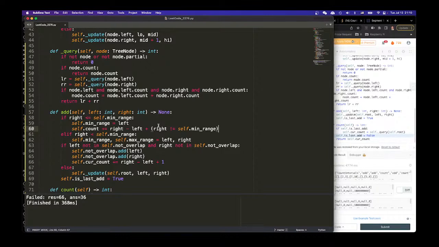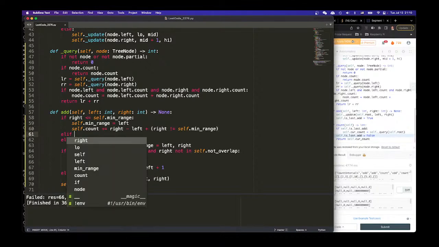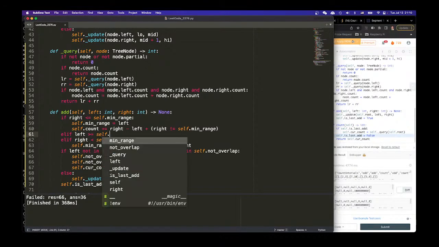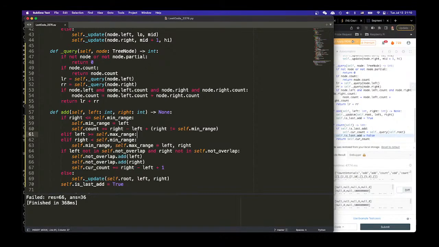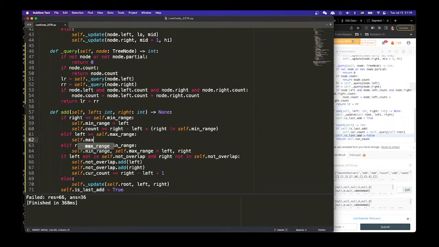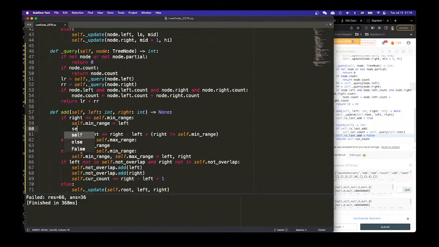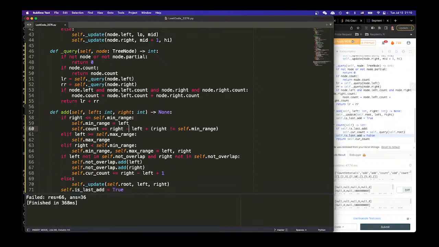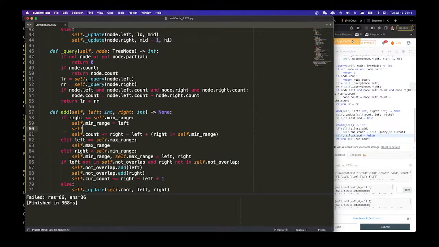So if left is larger or equal to self.max_range, right? And then self.max_range, and then self. It's fine. If maximum of